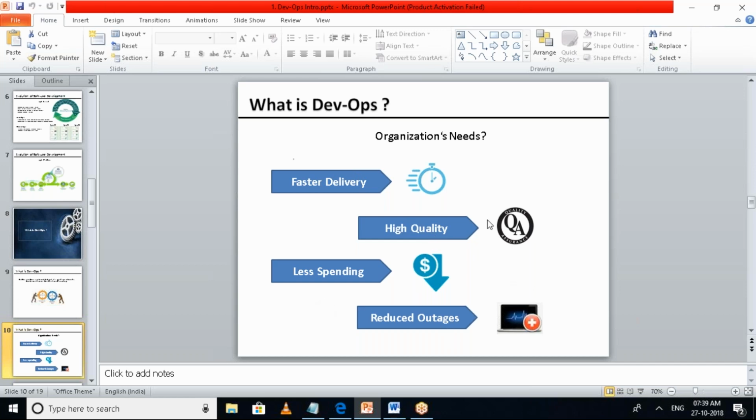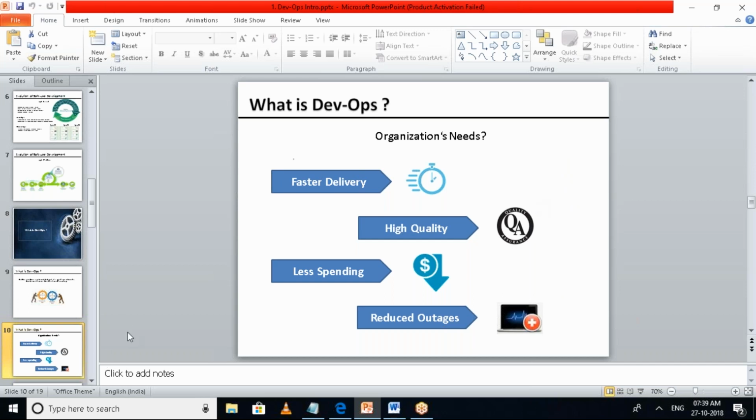Once you have that good quality product and you have spent less money, it's not that the product is not available all the time. You also have to make sure that the product is always available to the end user, so that they get the fruitful benefits of that particular software. Only then would the organization be successful in their product development or the product business, isn't it? These are the key factors that any organization would look into, and this is where DevOps is mostly focused, and that is where the DevOps concept has become more popular in the market right now.